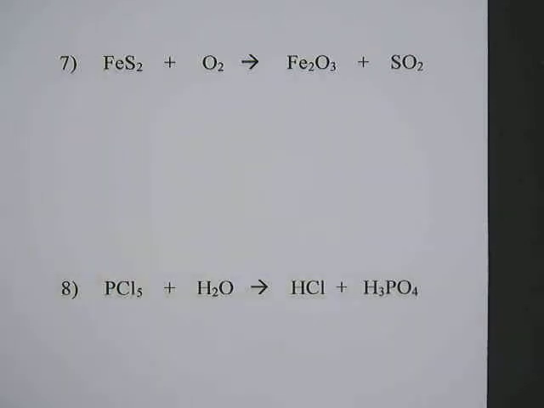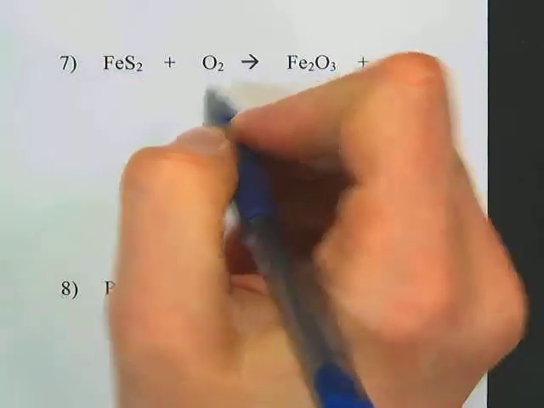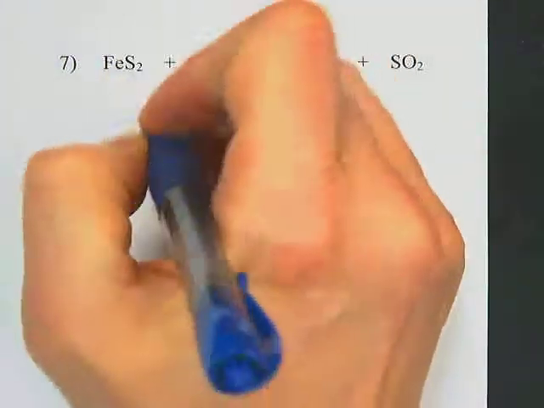Okay, so problems 7 through 10 are kind of the challenge problems. They're the exact same concept, but they are harder than the ones that we've done so far. So we're going to start out the exact same way. We're going to break them down into the elements that make up each of the compounds on the reactants and